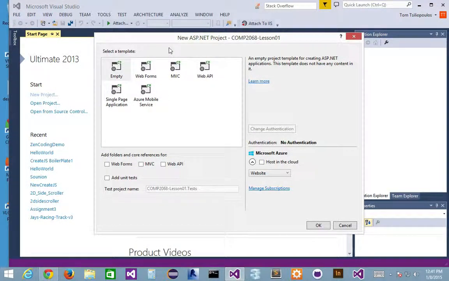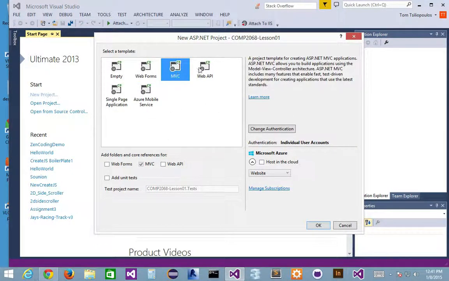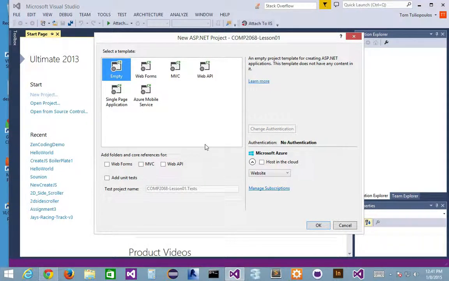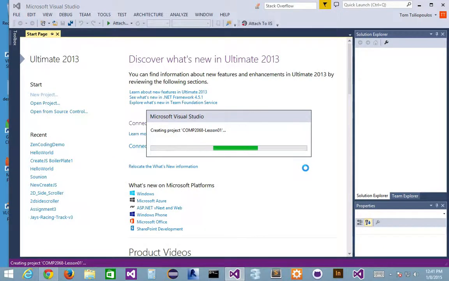It takes me to this empty screen, right, as an example. I don't want you to choose anything else, like Web Forms or MVC or Web API or any of this stuff. You don't need any of this stuff. This is for other types of applications. We just need you to create an empty web application and press OK. When you do this,